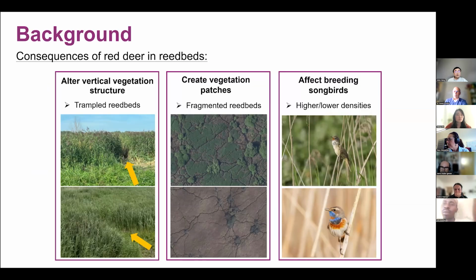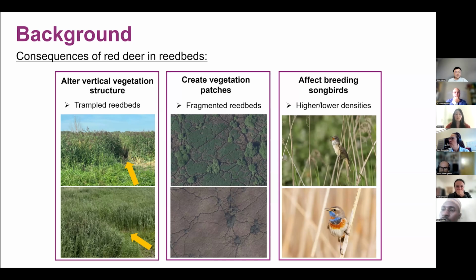The consequences of the red deer in reed beds in the marsh area have at least three aspects. First, they alter the vertical vegetation structure. They trample the reed beds, and they also create vegetation patches. They fragment the reed bed vegetation, as the image shows, and they also affect the breeding of some birds. Some birds favor higher density vegetation, but others favor